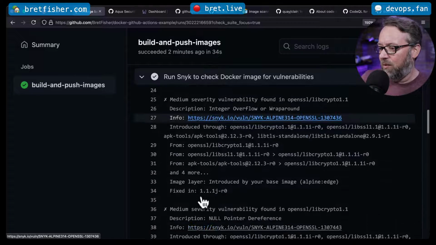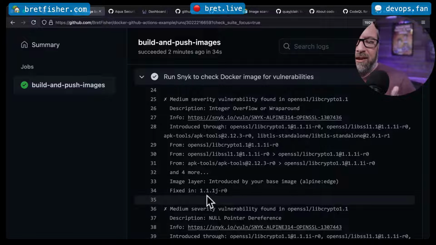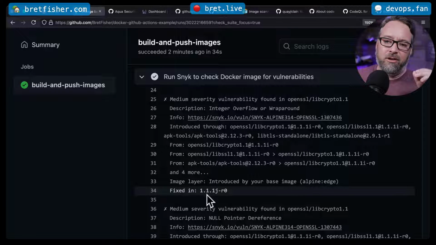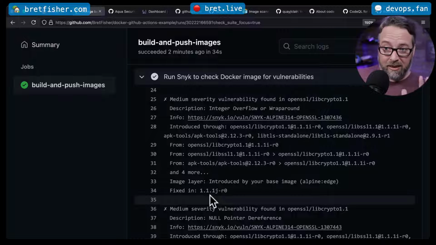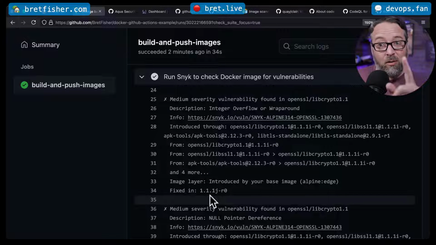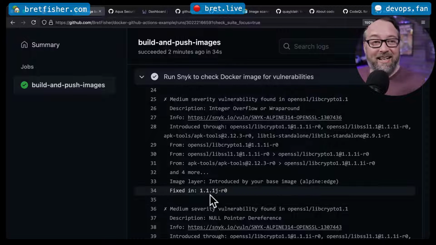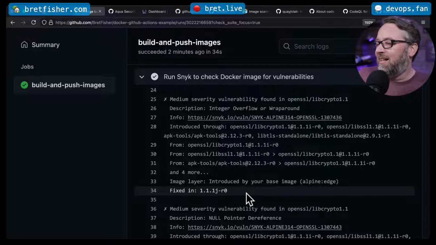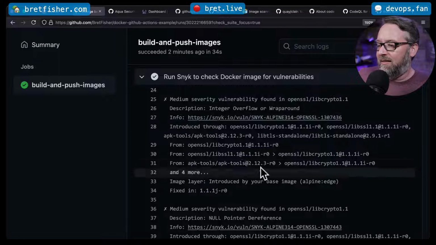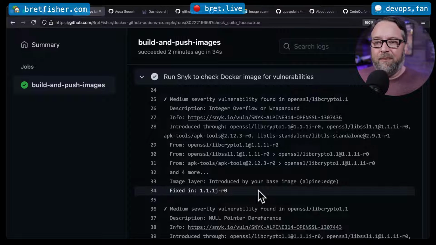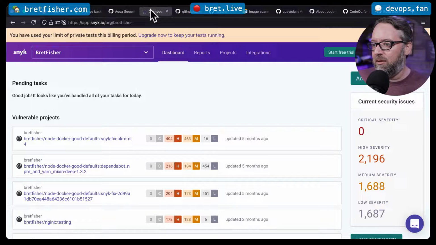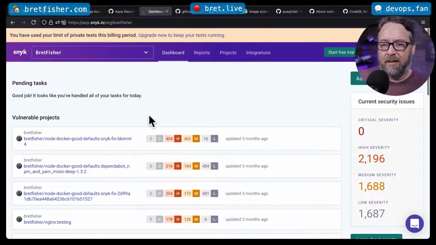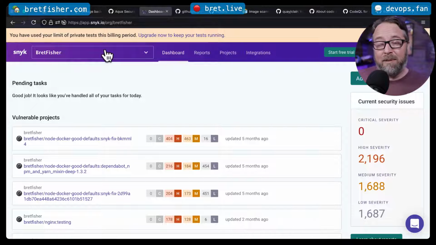And the advantage of using something like Snyk, I'm not a Snyk expert, but I know one, and sometimes he's hanging out in chat, is you can get this information showing up in their Snyk portal, because you can use their dashboard. That might be a paid feature, I'm not really sure, but